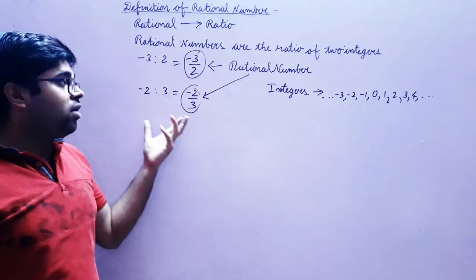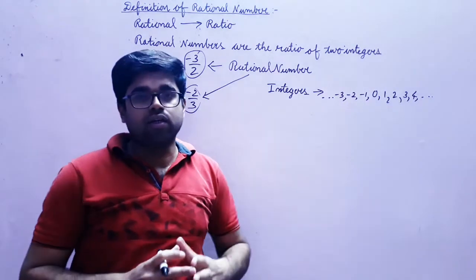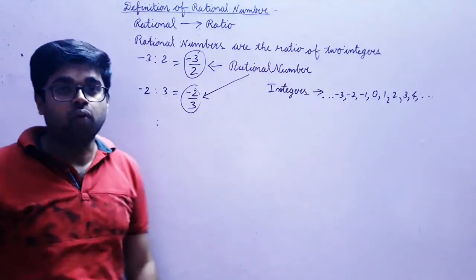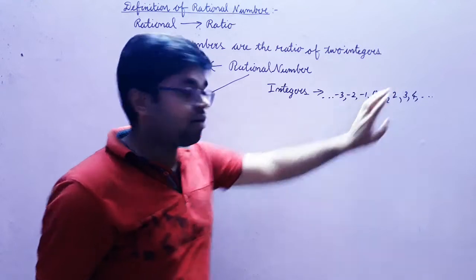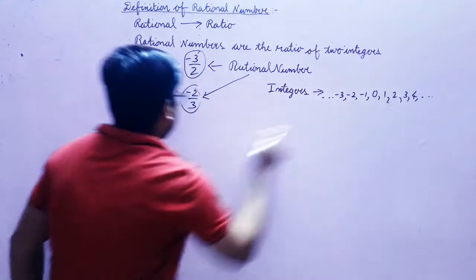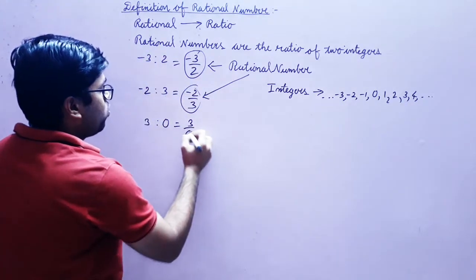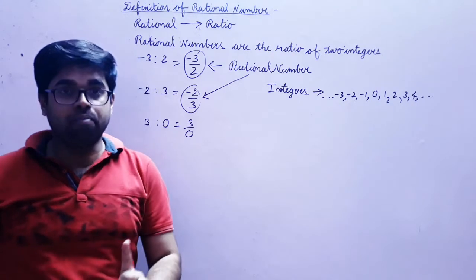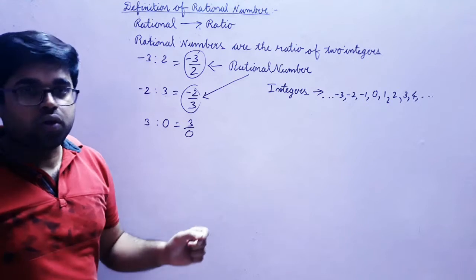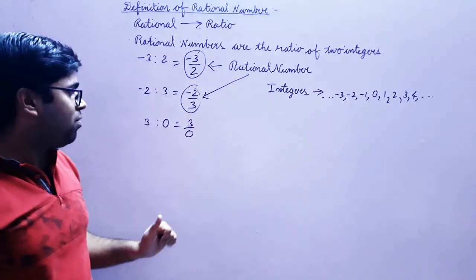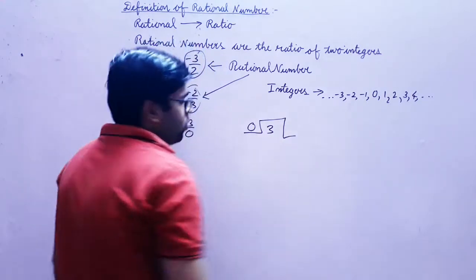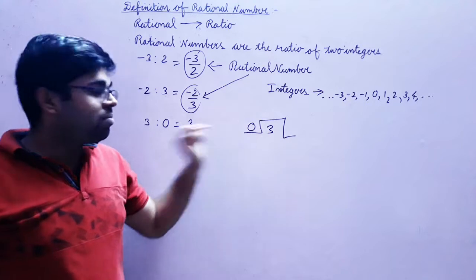Now you can take the ratio of any two integers, but you can't take the second number as 0. For example, if we take the second number as 0 and the first integer can be any integer, for example let it be 3, then you get 3 by 0. Now 3 by 0 is not a rational number. Now why is 3 by 0 not a rational number? Let me explain this to you. 3 by 0 is not a rational number because 3 by 0 means 3 divided by 0. Now when you try to divide 3 by 0,